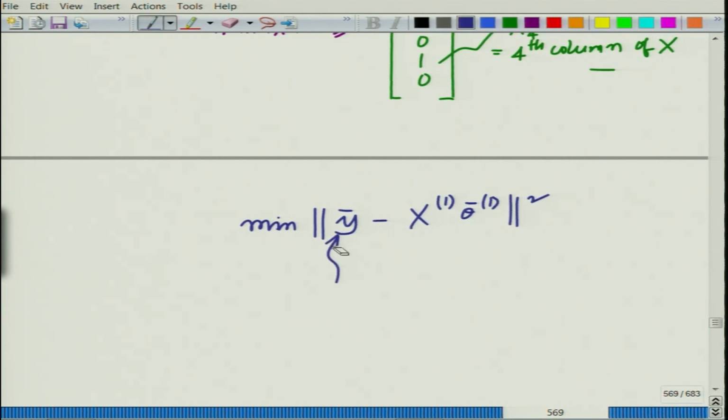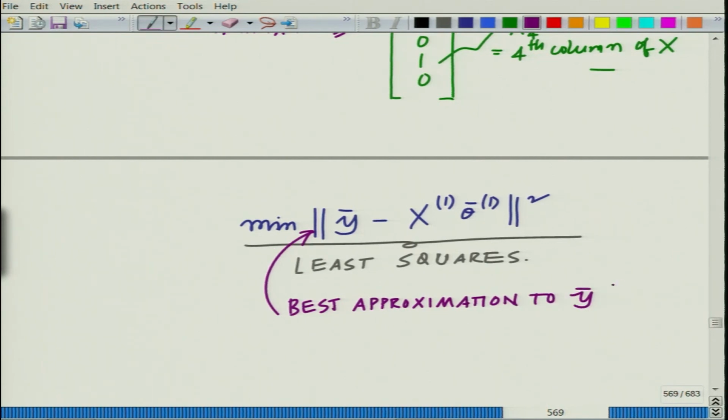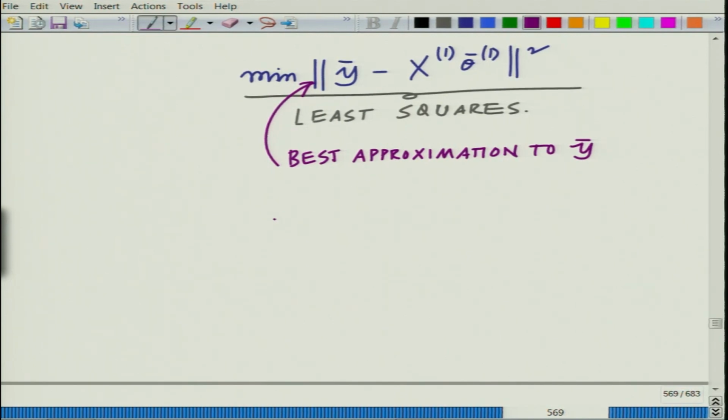So, this is essentially our least squares problem, and we are finding the best approximation to y bar, and the solution is given as